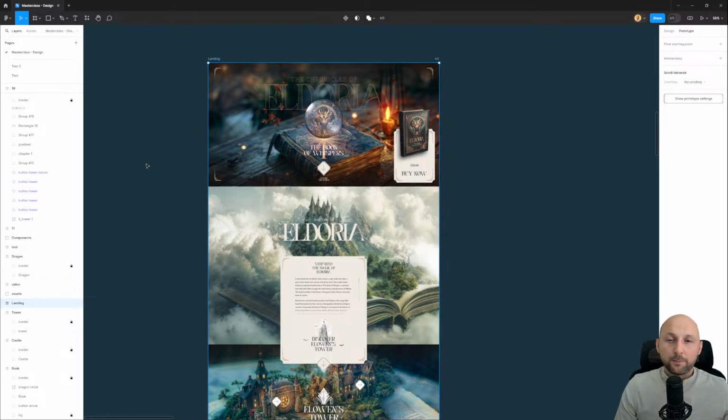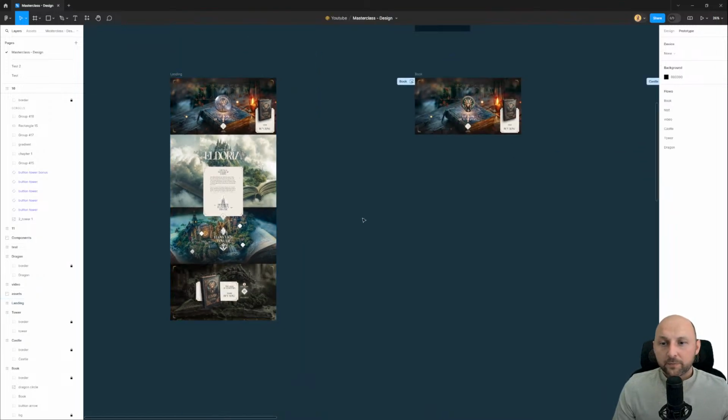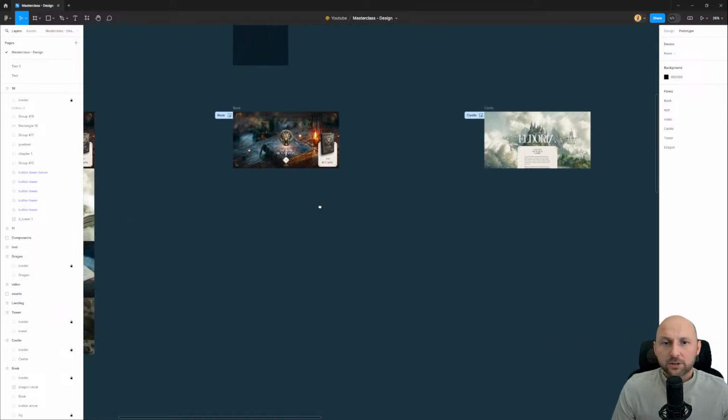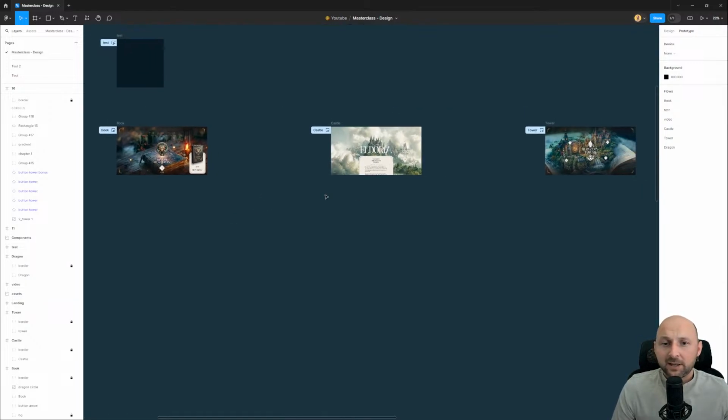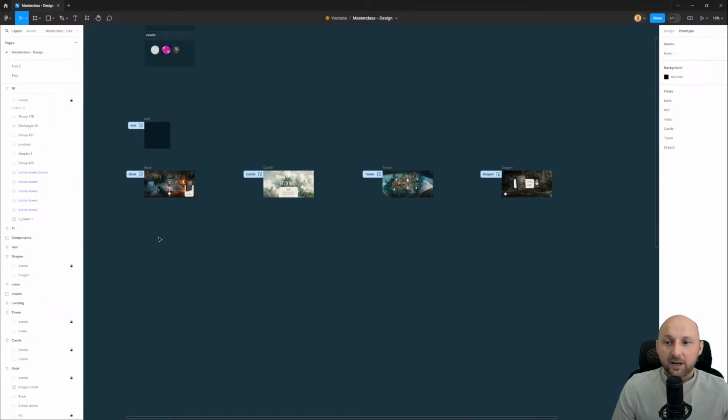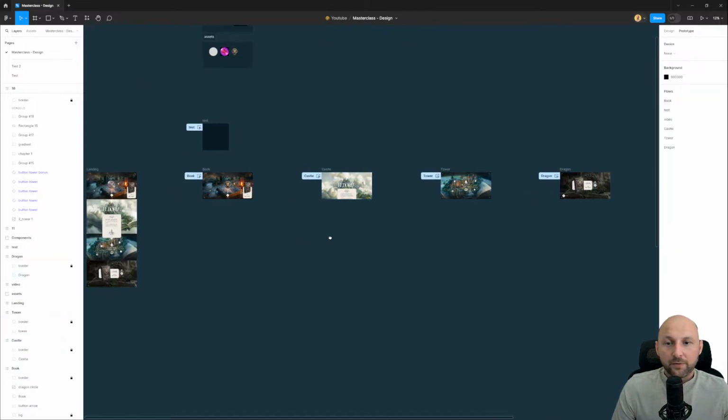So when you create animated prototypes, better create animation or think about animation when you're designing it. But sometimes we need to animate static design or projects that we already created. So in this case, we can just split every section for each artboard. So I have 4 sections, and for this masterclass, to make it faster, I split this section to all these